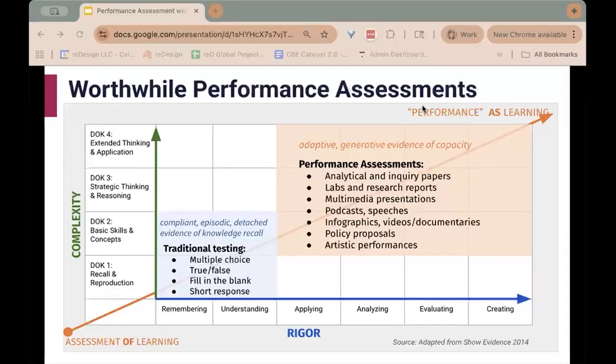They exist in that upper right corner. They require high complexity and rigor. They use the entirety of Bloom's taxonomy, demanding knowledge and understanding of content to drive the application of both disciplinary and transferable skill sets, which again are core competencies in higher order thinking ways.